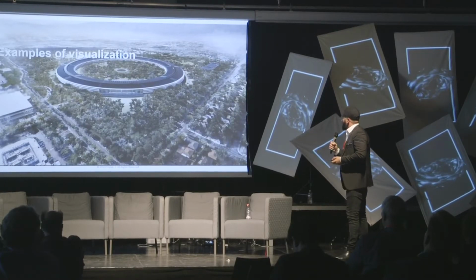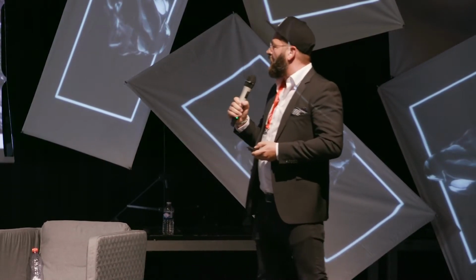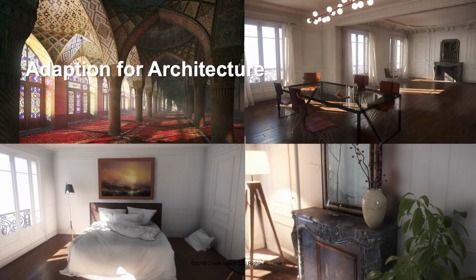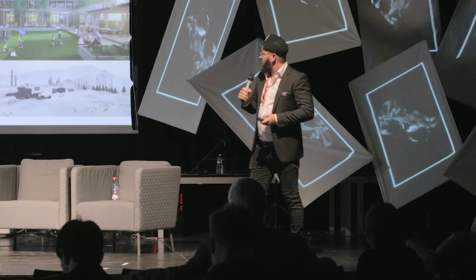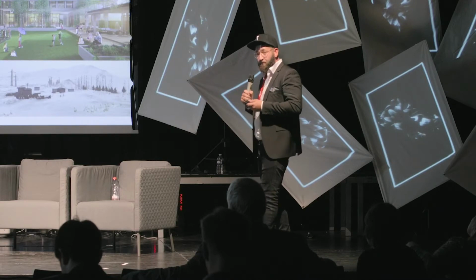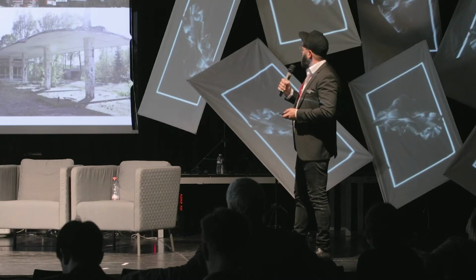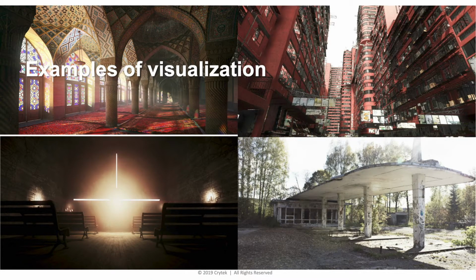So some other examples of visual samples. We have some, I mean, you maybe recognize this kind of building. We have some partners which work since many, many years, like Norman Foster Architects, with CryEngine to use it for their kind of work they have to do if it comes to previs. Then you can choose in between different worlds, different style. It can be stylized, it can be hyper-realistic, not even photorealistic. This is also one thing that the engine is capable of. So just a small variety of things, and then I come over